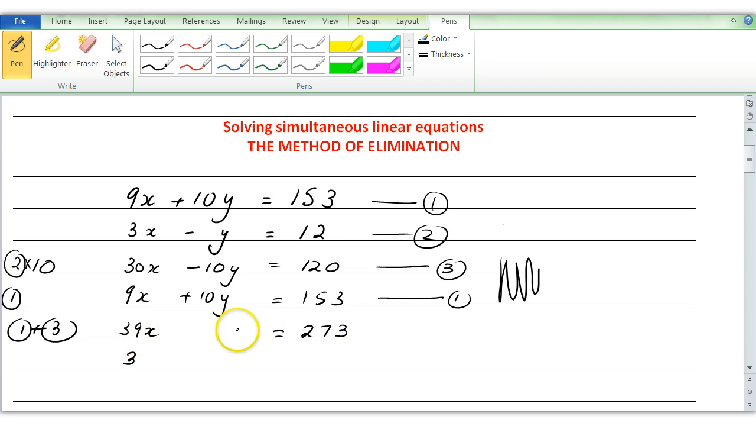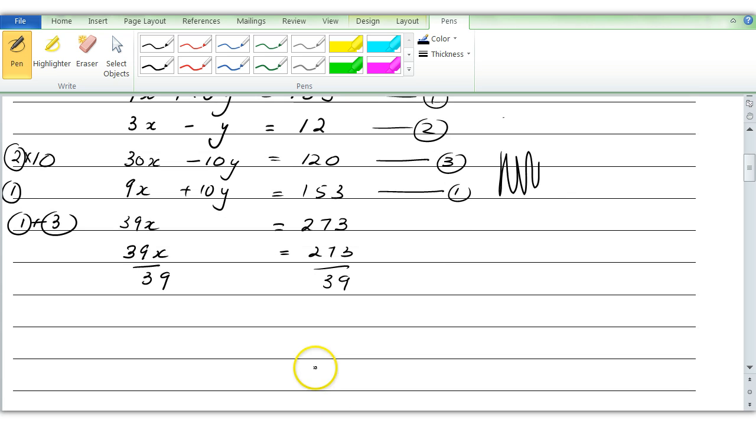Now we've got one equation in one unknown, so we can solve that. In this case, we're going to divide both sides of the equation by 39. And 39x divided by 39 is x, that's why we did it. And 273 divided by 39 comes out quite nicely as 7. So x is 7. Now what we're going to do is substitute